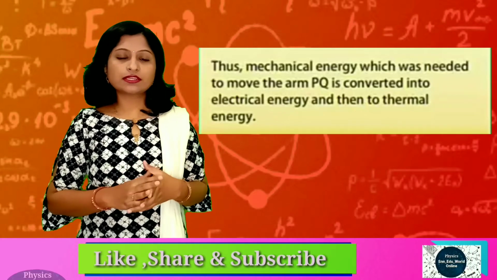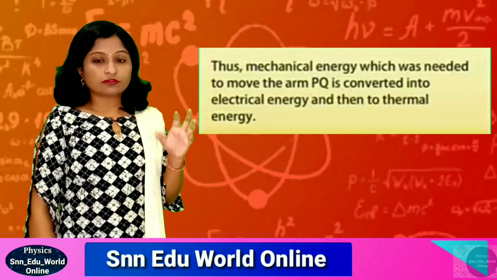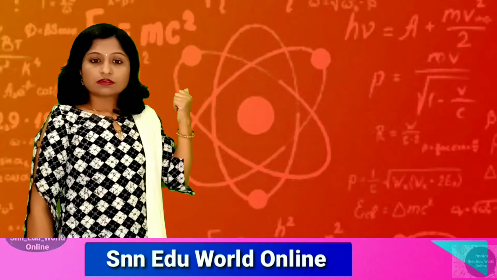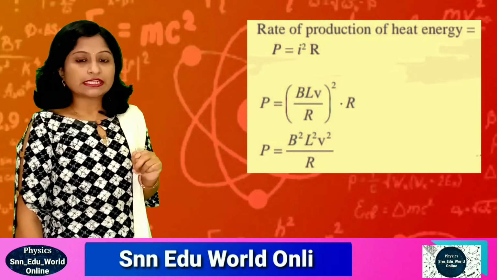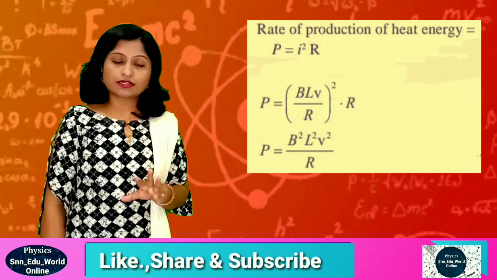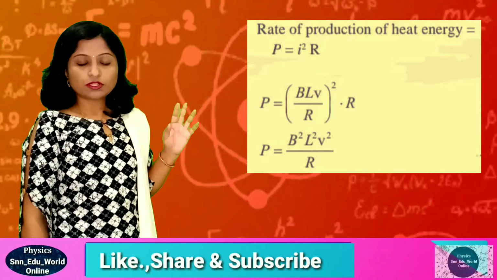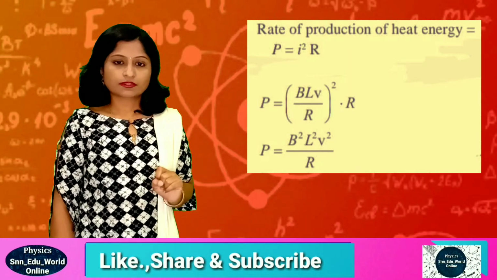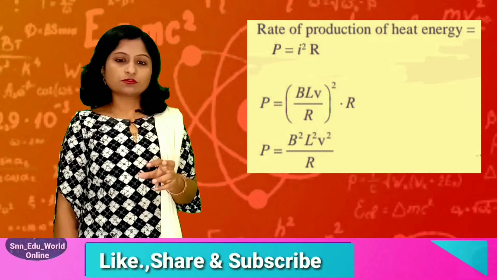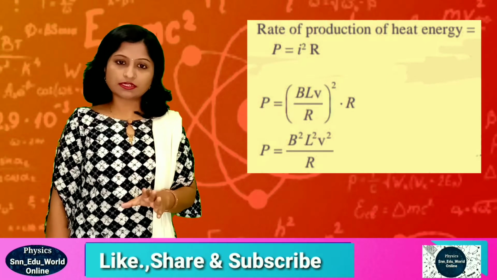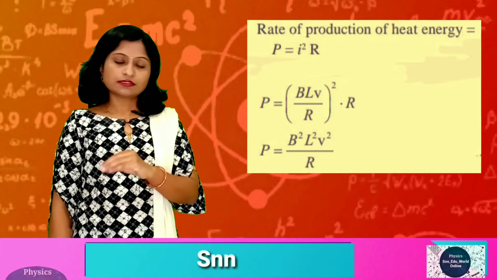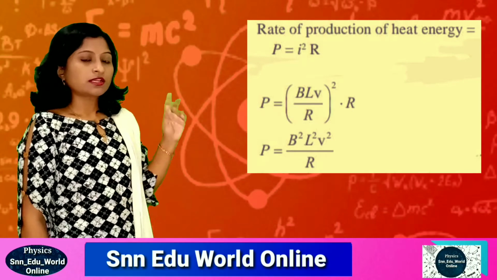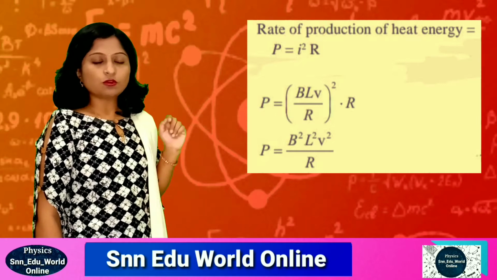Okay, let's discuss with the help of equations. Now find the heat energy which is developed here due to current. The rate of production of heat energy can be given from the current. The formula for power due to current is P is equal to I square into R. Here we find heat energy, so some notations have changed. I represents current and R resistance. It is the same as small r and i used earlier; here small i and capital R are used. So power due to current is I square into R.